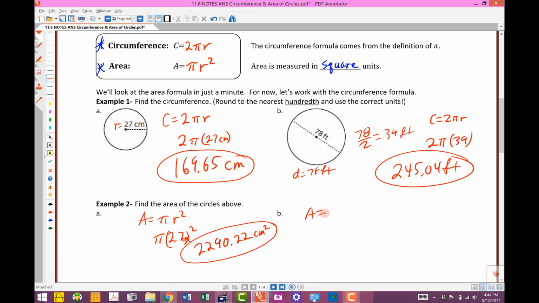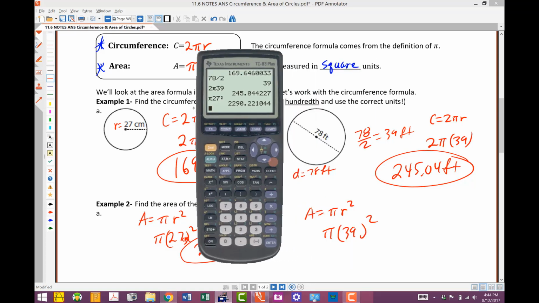Again, please write these down enough that you get these straight. We're talking area, so it's going to need to be pi, and then the r has the 2 on it, so it's pi r squared. So this is going to be pi. We figured that this one was 39. And we're going to square that, so I'm going to bring up the calculator and throw that in. Here's the cool thing. If you want to up arrow on yours, you can actually just edit this. I'm just going to change that to a 39. If you want to put it in from scratch, that's totally okay. We get